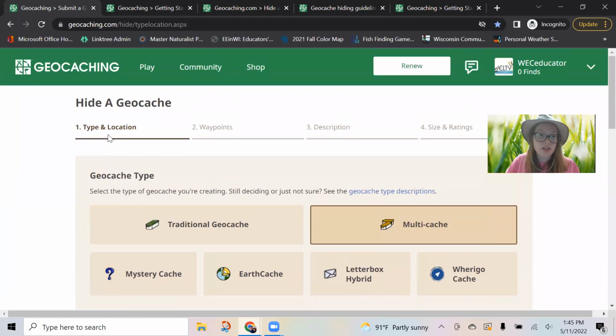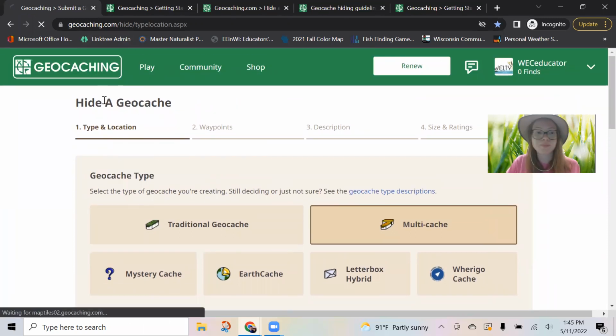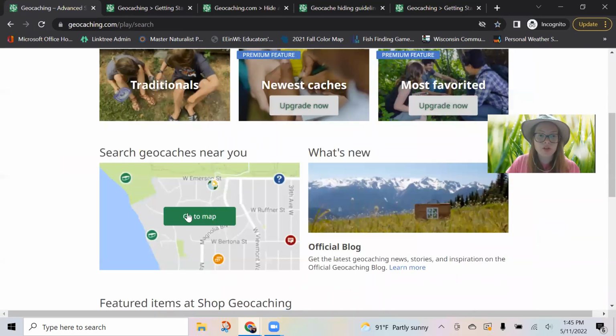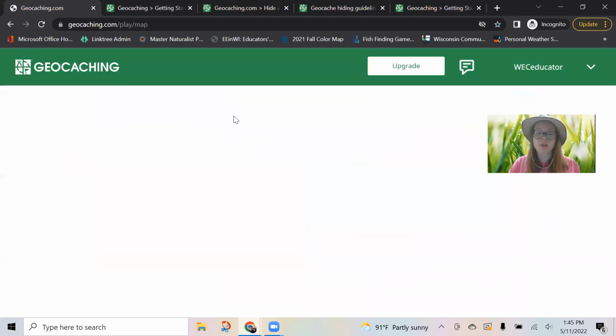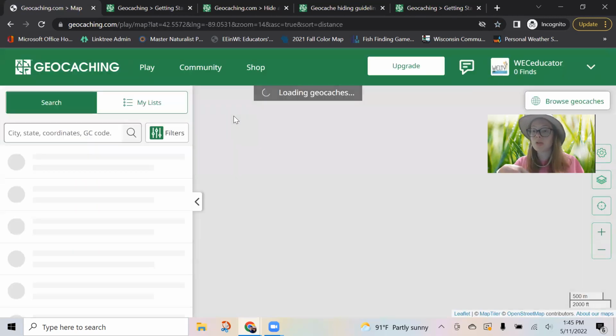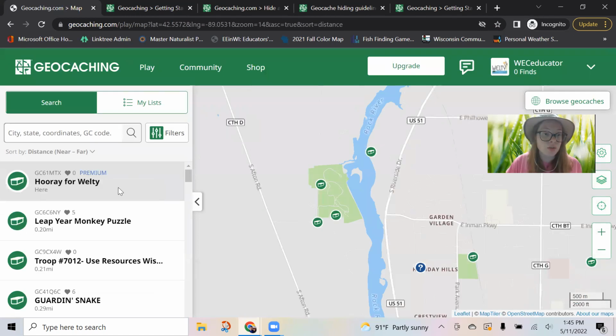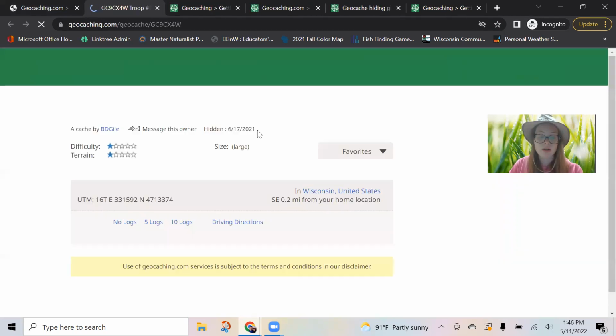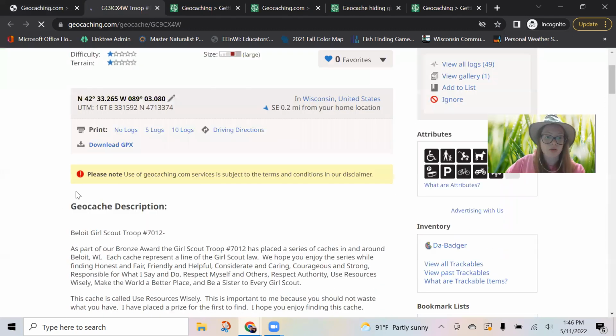So with that, let's say, for instance, we submitted our cache. Now we need to figure out how to find it. So back at the main menu here, we have searching geocaches near you. And regardless of whether you are on the phone, mobile app, or on the website, you can look for different caches. So this green splotch here is Big Hill Park. Let's say, for instance, we wanted to find this geocache that was done by one of the Eagle Scout troops here in Beloit. So if you go to Open Cache page, it'll give you a lot of information about not only,